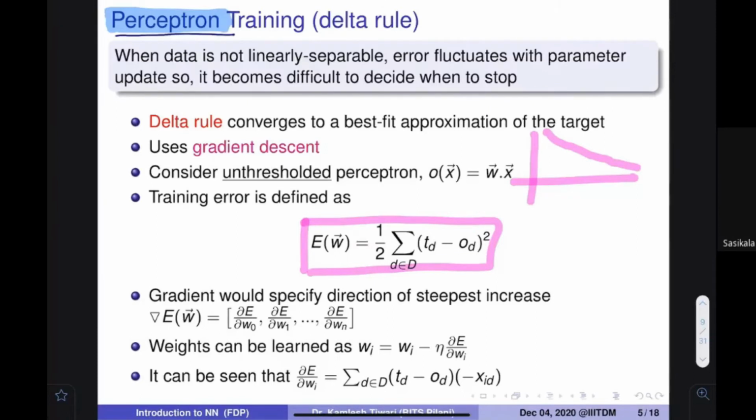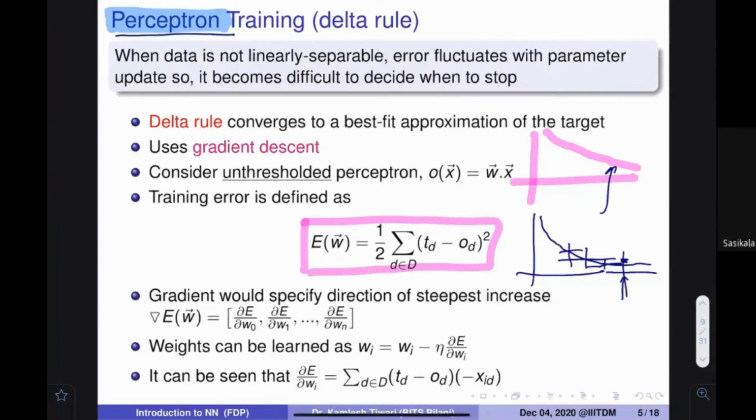Earlier, where to stop was a big problem. Now you know where to stop, because after some time you stop, and you know this is the minimum you have. If you don't have the time, you stop at that particular point and say these are the best parameters I got. Sometimes it may also happen that earlier it was going very fast, then the error is reducing very little. Then you see that in the first 10 minutes I got this much improvement, in the next 10 minutes only this much improvement, which is very small, so you say no, I would not continue, I would stop at this particular place.